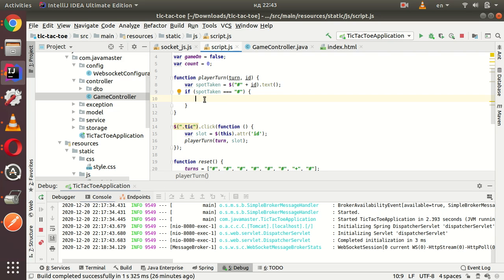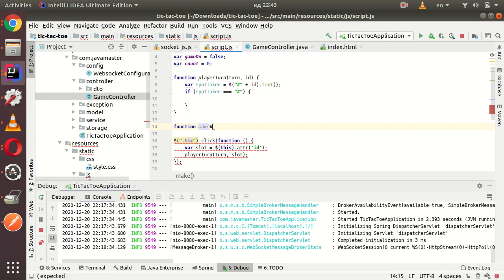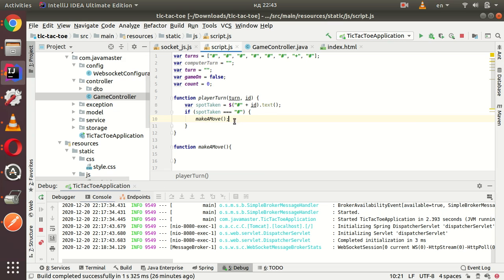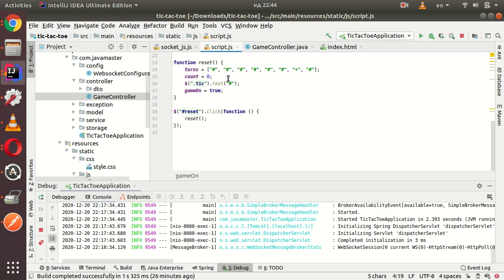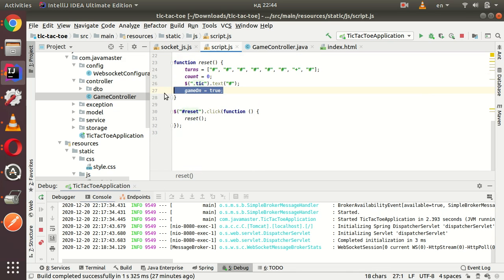Let's create a function, make a move, and let's call it make move. So we also need to make sure that our player is going to make a move only once, and then wait until another player makes a move. So we have game on as false. When we reset a game, it's going to be false also, because we are playing with another player,